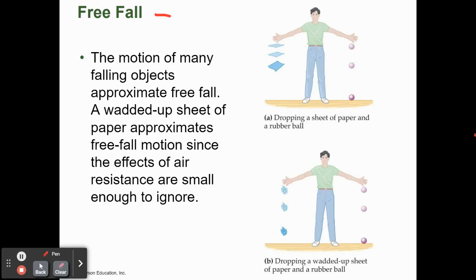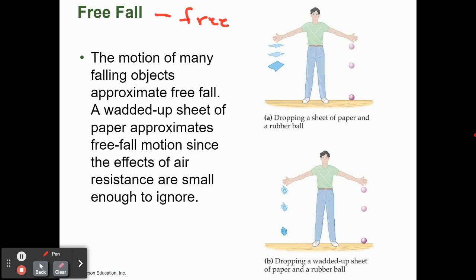So, what is the definition of free fall? What does it mean? When we talk about free fall, what is that? Falling with no other influences. So what's the only thing that is influencing the object? Gravity. Just gravity. Okay? So when an object is in free fall, that is your definition. So you got to remember that. You might want to jot that down.